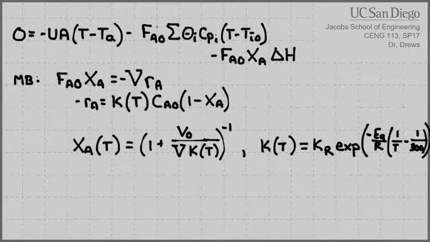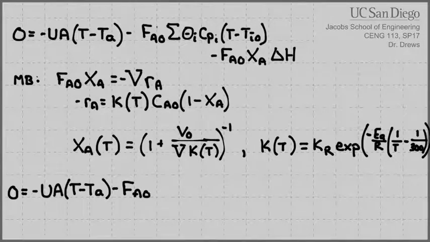So that's better, right? If we knew what temperature was, we could presumably calculate X, but we don't know what temperature is. In order to get the temperature, we're going to have to put this into the energy balance. So the version of the energy balance we would end up looking at is minus UA (T minus TA), that didn't change, minus FA naught times CPA. We can get rid of that sum because we've only got one thing coming in. So now we've got T minus TI naught,